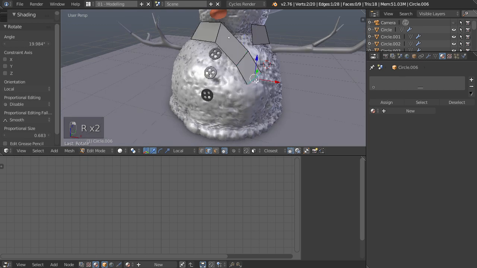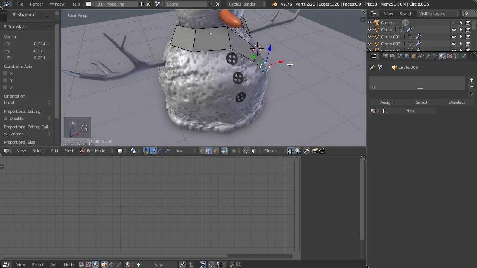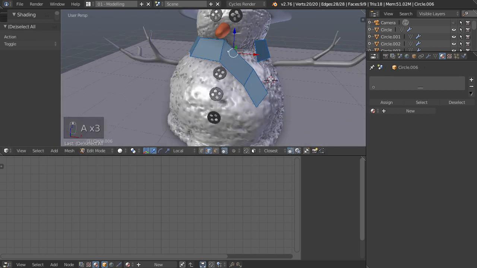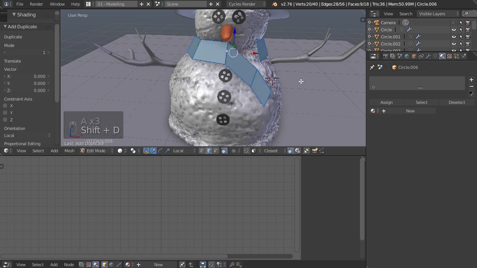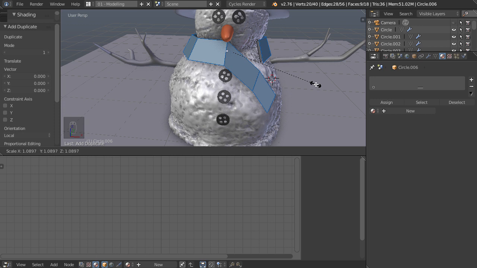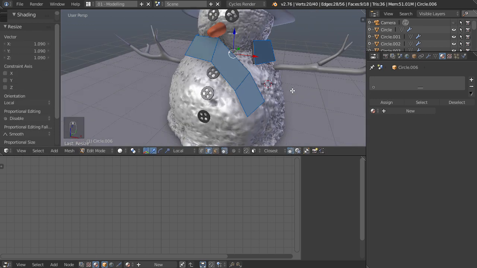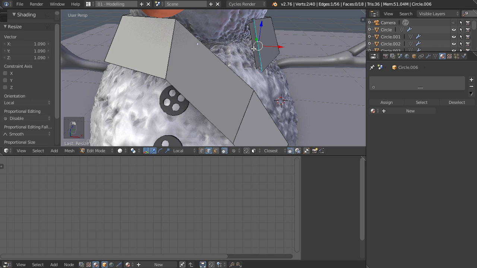Okay, so that's one side of his scarf just sort of falling down. Now we can take everything, Shift D. I'm going to scale it up a bit, just like so. Now what I can do is take these two edges right here,